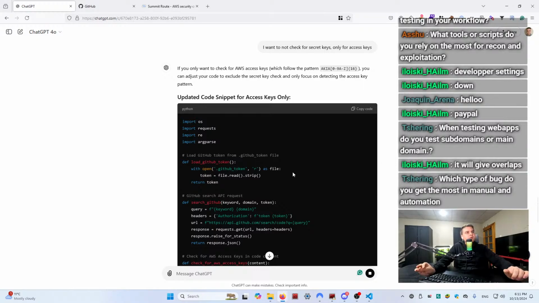Which type of bug do you get the most in manual and automation? Well, with automation I don't get too many bugs. As I said, I use automation mostly just to get some leads. So as I said, I only get the certain subdomains which are added fresh for certain programs, and then